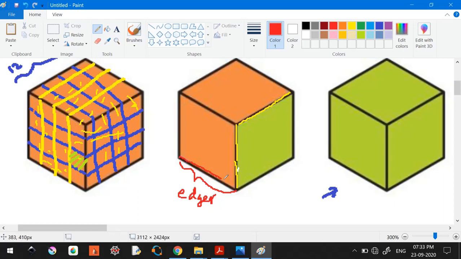Okay, this is going to be one edge, this is going to be one edge, this is going to be one edge. So 4 this side, 5, 6, 7, 8, 9, back this draw in yellow, 10, this one 11, this one 12. So we have 12 corners, right? All around we have 12 corners.